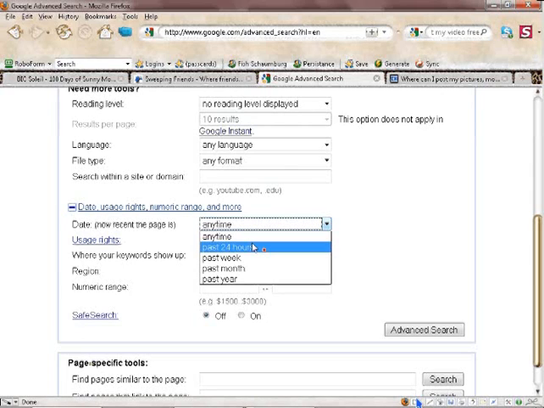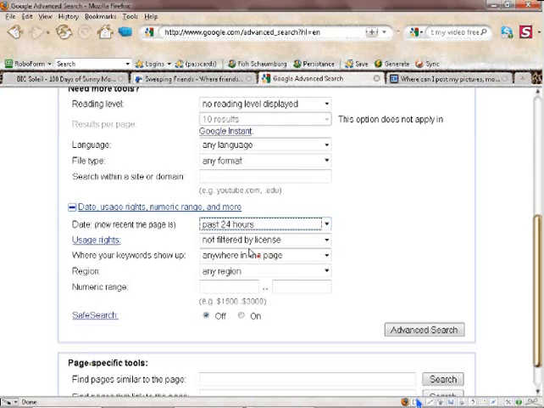Instead, let's search for sites and postings that have been done in the past 24 hours. The rest of this you don't really need. The numeric range, if you want to put in a value, say, you're looking for a cash prize giveaway or sweepstakes with an average retail value of over $5,000, you can put in, say,